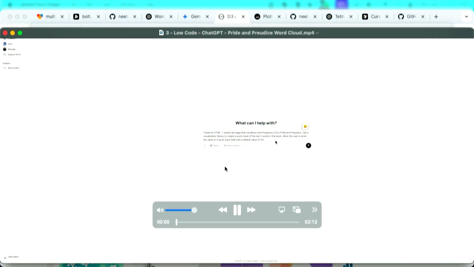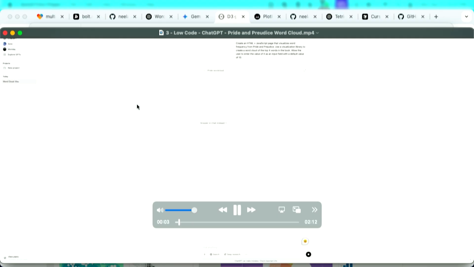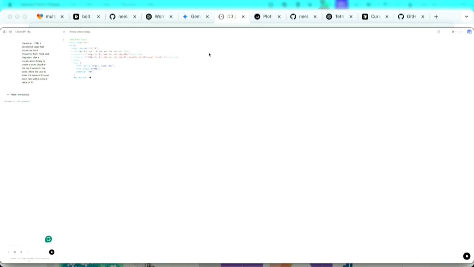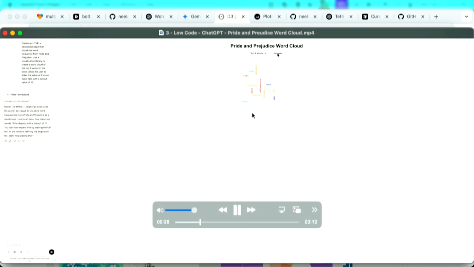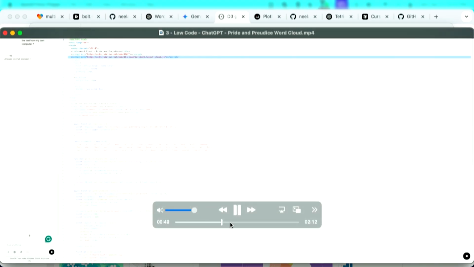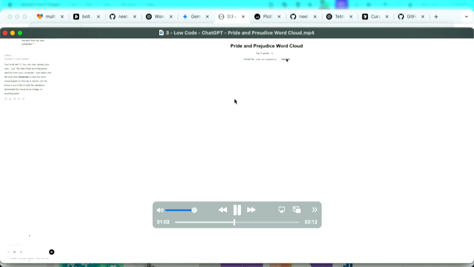So another example here. I was trying to come up with something that's in literature, and I'm sorry it's small, but basically I wanted to do a word count on some sort of English literature work. So we just picked Pride and Prejudice, and I typed in there, create a program that would count the number of words or the most popular words. A word cloud is what they call it. And so it worked. I got the ability to create these words, but it's really limited. It only took a small piece of Pride and Prejudice, but I wanted to take the full text of it. And so by iterating through it, I was able to get it to load the file itself and then generate it.